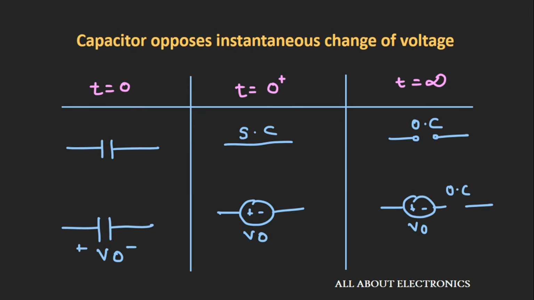Similarly, at time t = 0, if there is some charge across the capacitor and the voltage across the capacitor is, let's say, V0, and if the source across that capacitor is removed at time t = 0, then at time t = 0+ the capacitor will act as a voltage source, and in a steady state condition this capacitor will act as an open circuit. Then after, we derived the expression for the RL and the RC circuits.